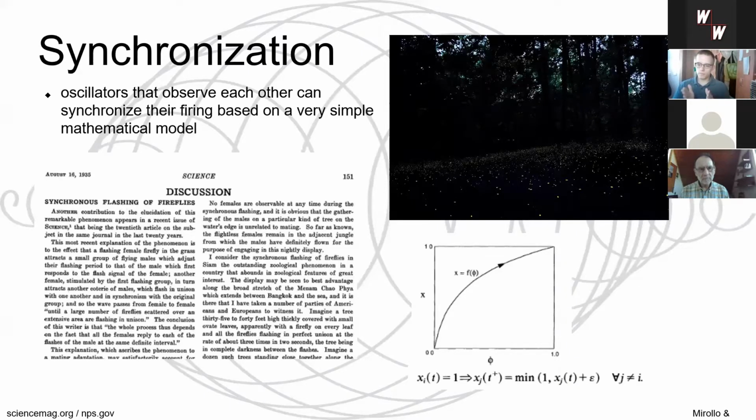Then you assume that every oscillator observes its neighbors, and whenever one of the neighbors fires, it gets a shift on its curve. It gets shifted by a certain amount forward on its own activation curve. This is called epsilon in the model. So the oscillator observes its neighbor, the neighbor fires, and then the oscillator shifts itself by epsilon, or the maximum is 1, because at 1 it fires and gets reset to 0. And this simple model is enough to have a group of oscillators inevitably synchronize each other. So they will always end up in synchrony.